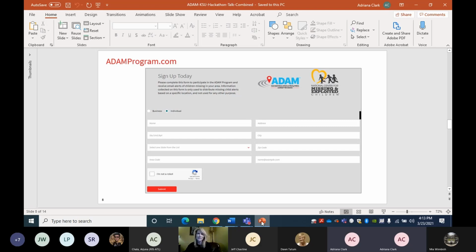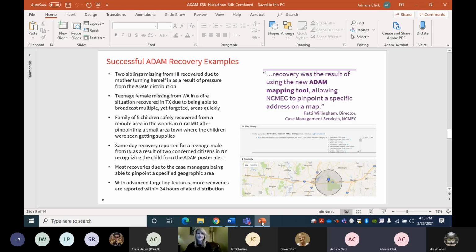The distribution of images plays such a big role in missing children cases, and I think working together in partnership with the community to raise awareness about the Atom program and increased signups can greatly improve the chance of recovery and bring a missing child home. So next slide. And speaking of, I am so pleased to say we have over 185 recoveries since we started